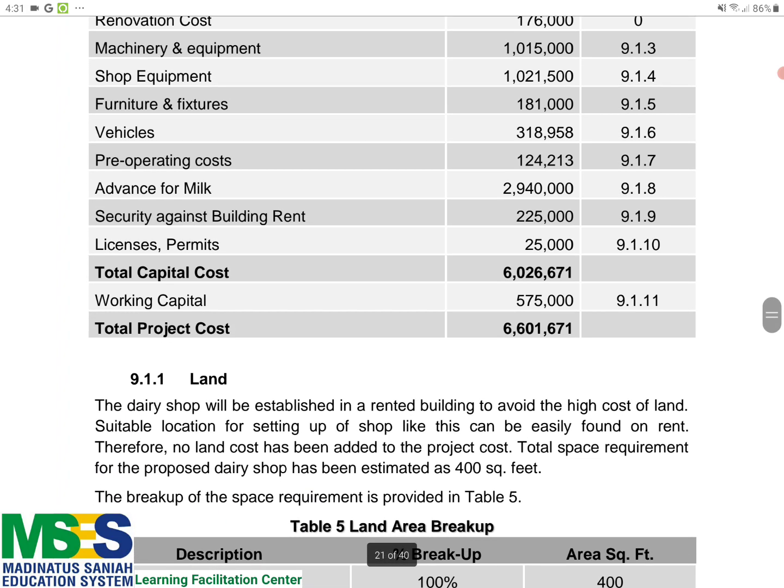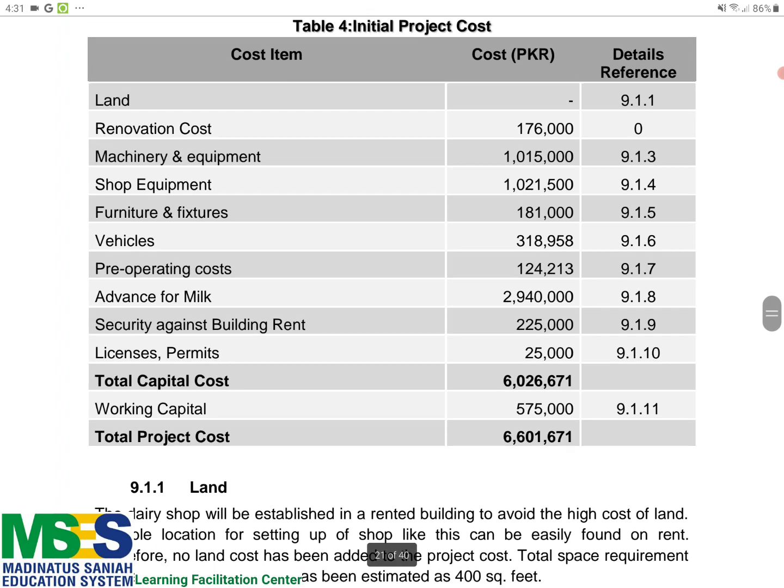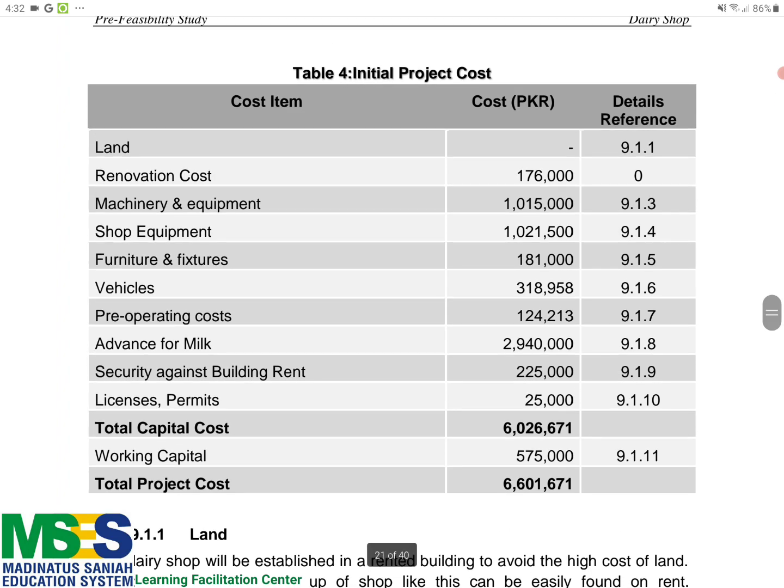What is working capital? Working capital is the cash you would keep in your business. It doesn't have to be in the shop, but you have to have some cash to pay the rent, your labor, and the electricity bills. So you have to have some free cash. For example, you installed your machinery, like three chillers, and spent 3 million there, and have a contract of like 4 years of milk, but you don't have any cash.